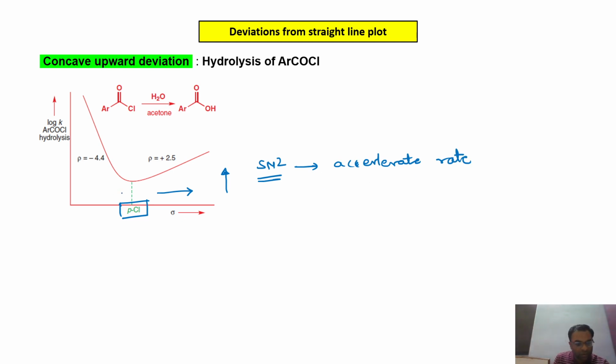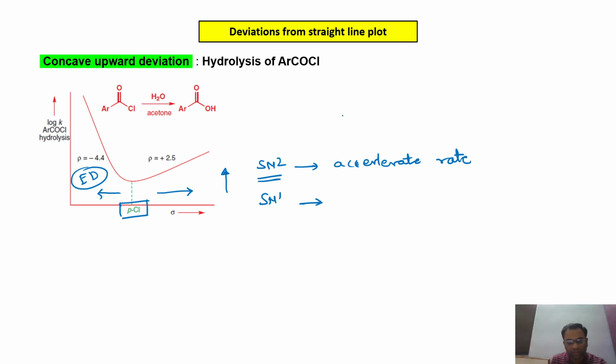And as we move to the left-hand side, compared to this para-chlorine group, the electron donating tendency increases, and as the electron donating tendency increases, it accelerates the rate of reaction by following the SN1 mechanism, and therefore